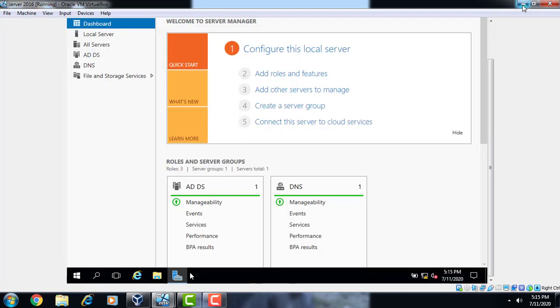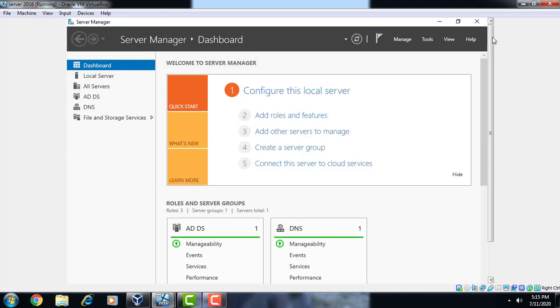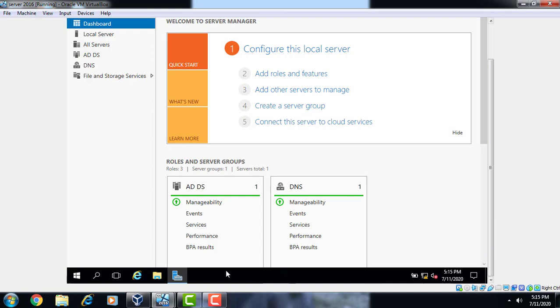But right now the practical regarding the group policy management is to set the password policy first, and then how to lock and unlock the account. These are the two practicals we have performed today.